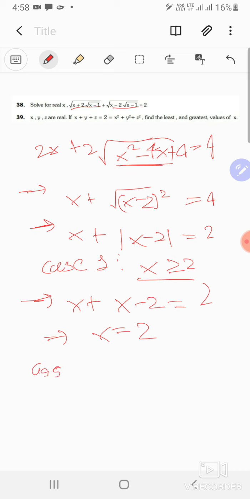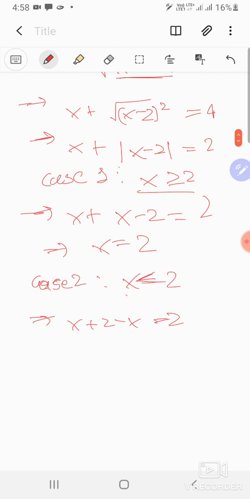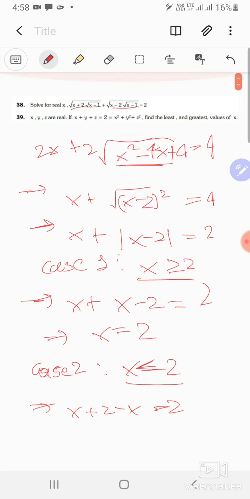Case 2 is if x is strictly less than 2, because we already considered it to be equal to 2 once. That will give me x plus 2 minus x is equal to 2, which is true for any value of x. So for any value of x which is less than 2, you will have this equation automatically satisfied. That's nice. But here's the thing, you first of all want to check